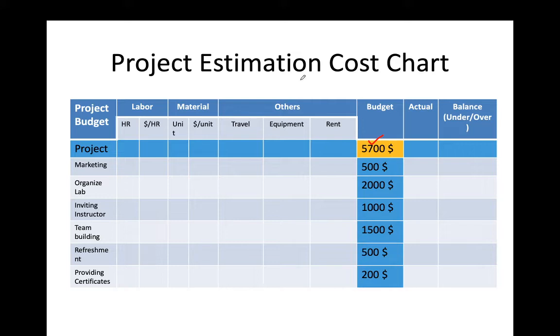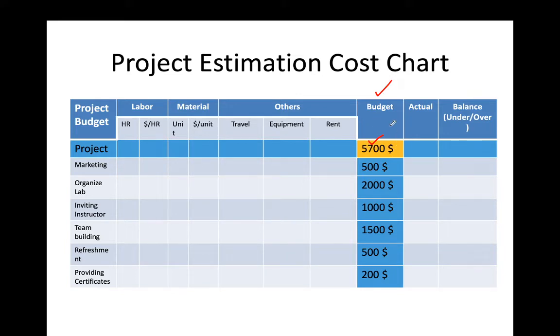You have to estimate the cost of a training for 100 students. And this is the chart. Here are the activities. Marketing we have to do. We have to organize the lab. We have to invite the instructor. We have to do the team building. We have to do the refreshment. And we have to provide the certificates. So what is the budget given to you? The budget given to you is